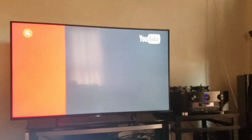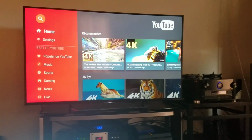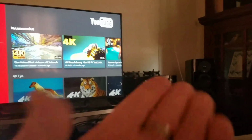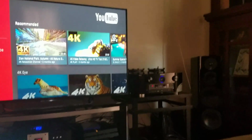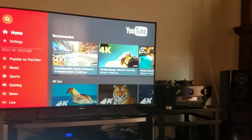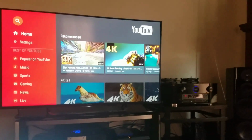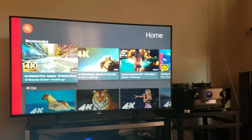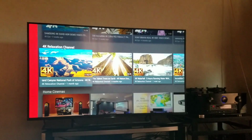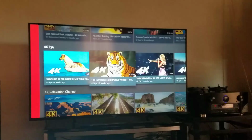We'll be utilizing our audio return channel, and one of the points of that is right what you just saw occur. You just saw my surround sound AV receiver automatically switch into TV audio. And that is one of the points of basically an audio return channel, an ARC. Not utilizing that input would essentially, and I'll just kind of flip through how many I've got here. I've got a few. So we'll just go to...